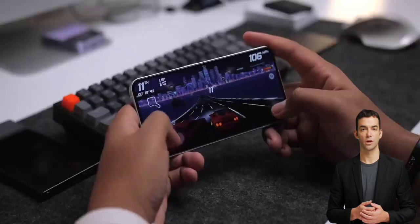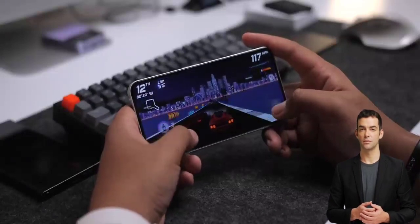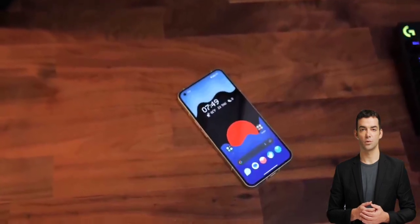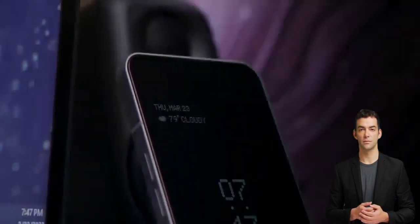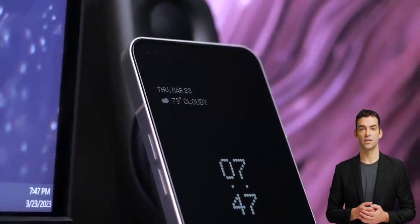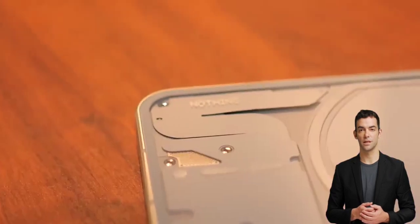If you're thinking about grabbing the Nothing Phone 1 now, personally I would tentatively say go for it if you can find it for the right price. You really want a taste of what Nothing is serving up, and you want to be part of something newer and perhaps more exciting. Otherwise, I would wait for the next one, which I'm sure will come with necessary improvements,